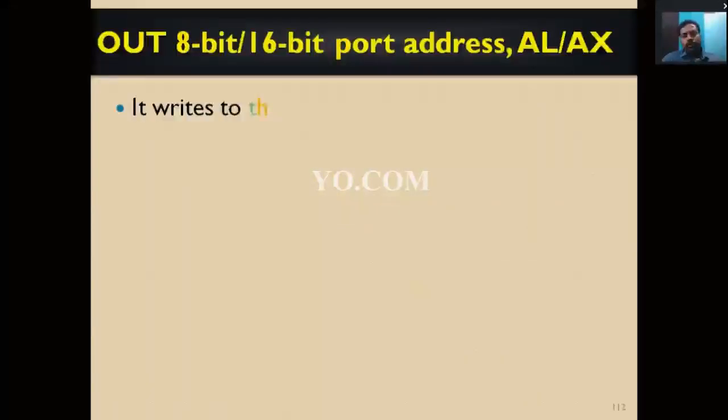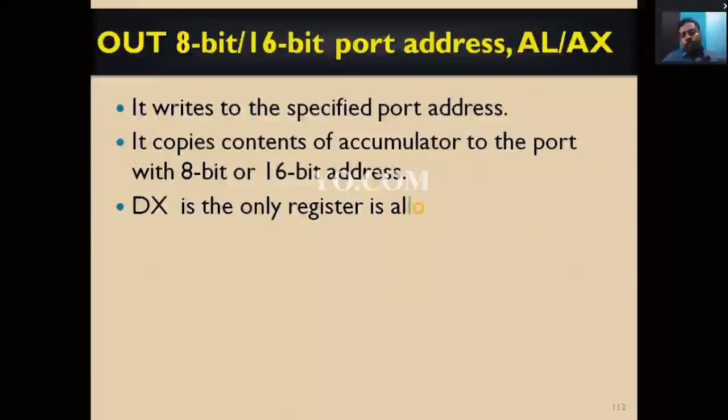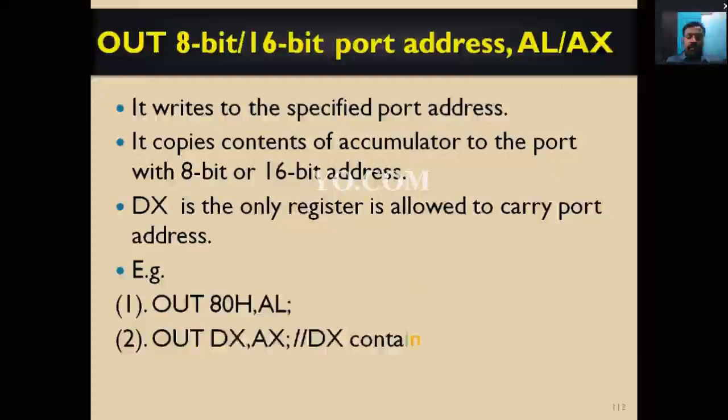The OUT instruction is just the opposite of the IN instruction. Output ports get the data from the microprocessor and display it or do something with it. For example, a monitor receives the data from the CPU and displays it, so the monitor is an output. Similarly, in our microprocessor we have an output port, and the microprocessor provides the data to the output port by using OUT instructions.